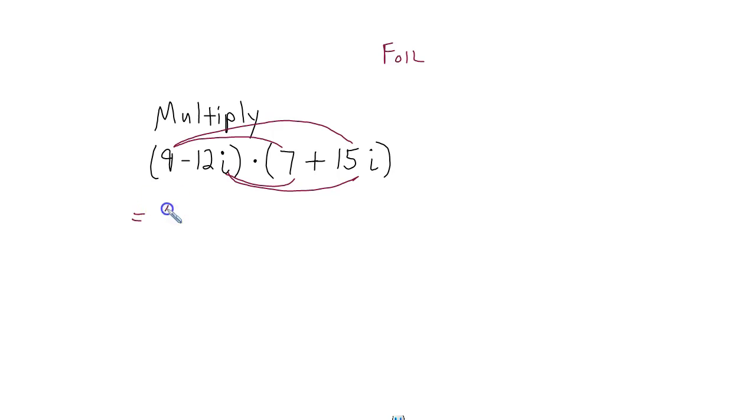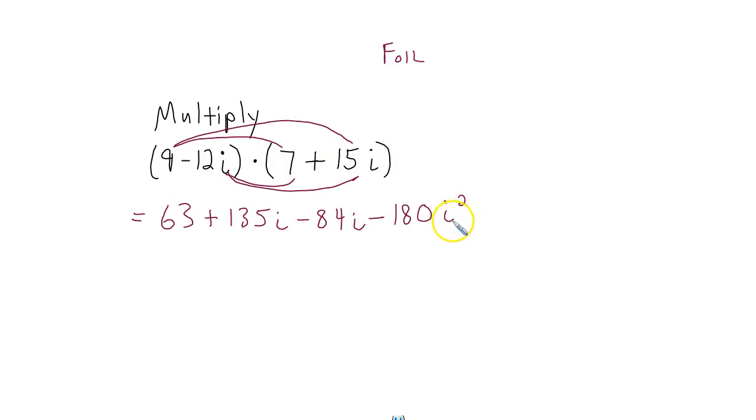So what is 9 times 7? 63. 9 times 15i is 135i. Negative 12i times 7 is negative, let's see, 70 plus 14, 84i. A negative times a positive is a negative, and 12 times 15 is negative 180i squared. So 12 times 15 is 180, negative times positive is negative, of course, and then i times i is